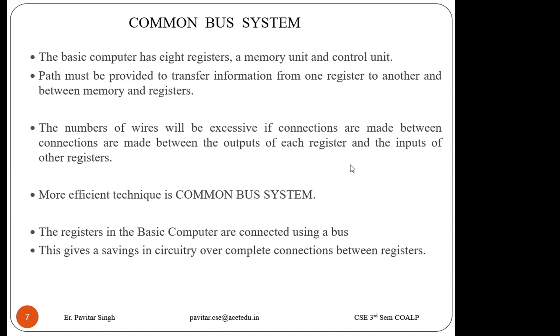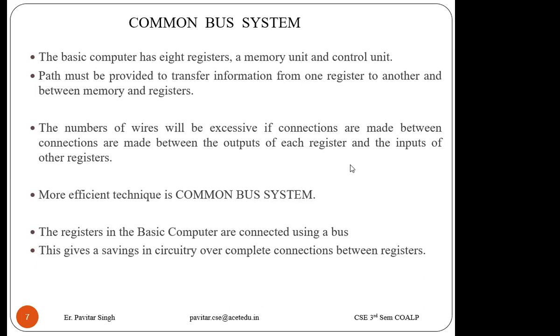Installing one single cable is cheaper as compared to installing 16 different cables. So this is a cheaper solution as compared to the previous one in which we used individual cables to each flip-flop. That is the reason we use the efficient technique called the common bus system